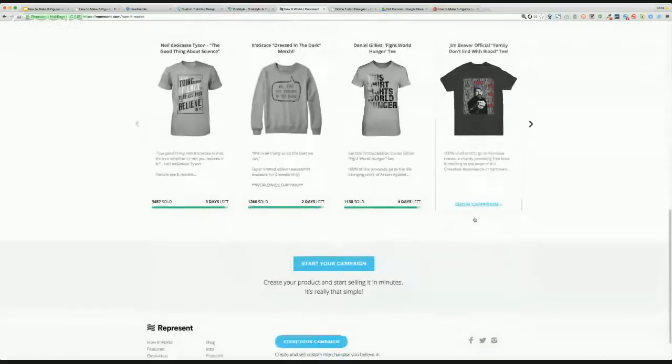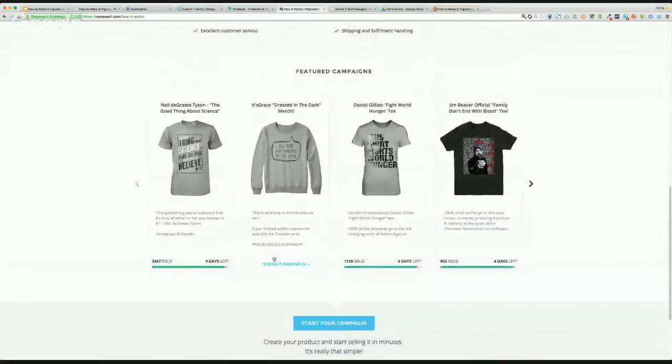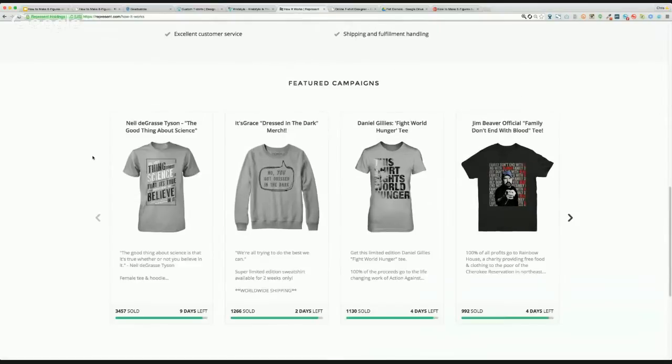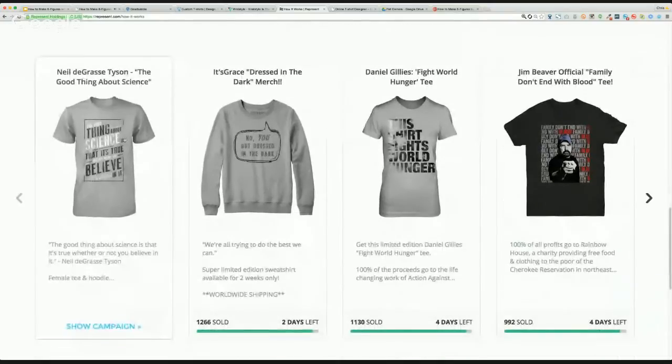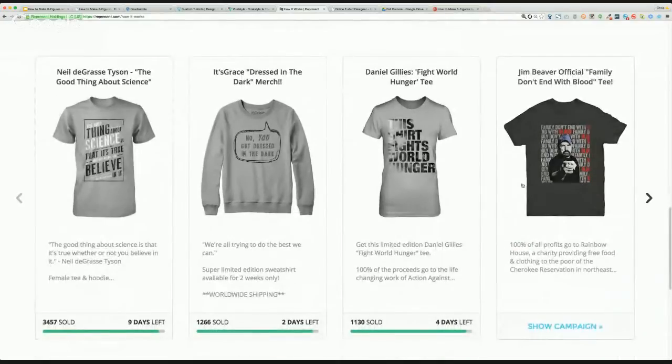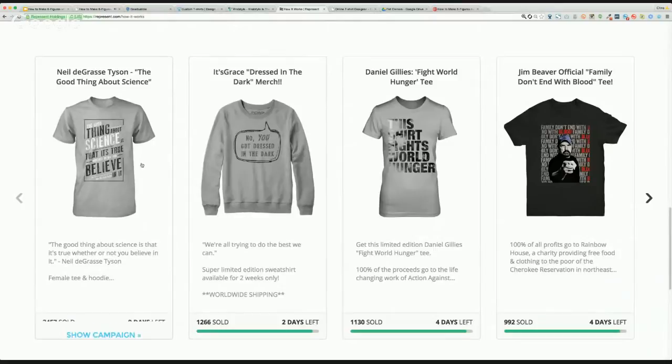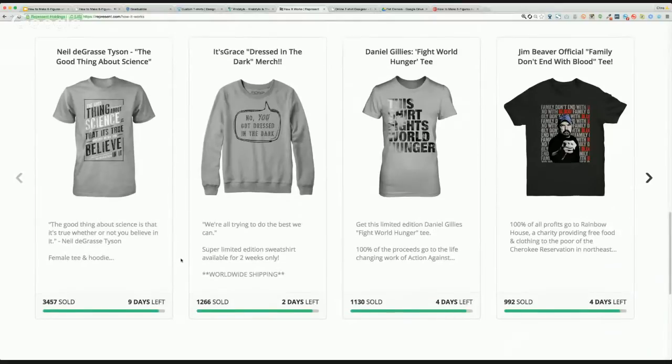And so you can see we're gonna walk through a bunch of examples. These are just examples. Maybe what we'll do right now is walk through a few since we have these up on the screen. These are campaigns that are actively selling right now. They're all different, there's literally thousands and thousands of campaigns, but I just wanna look at this one right here, 3,000 on the left,